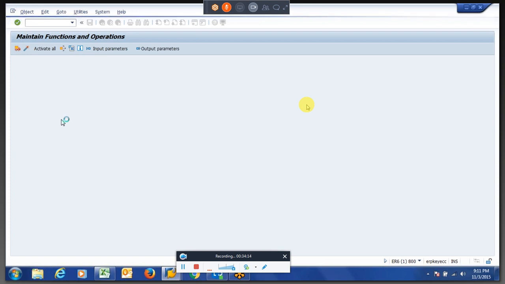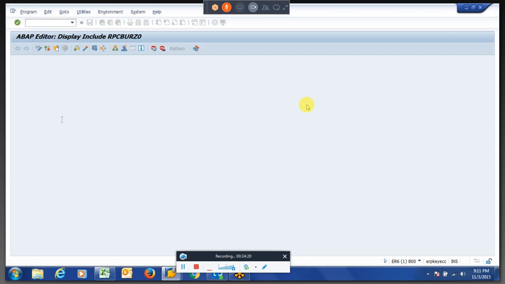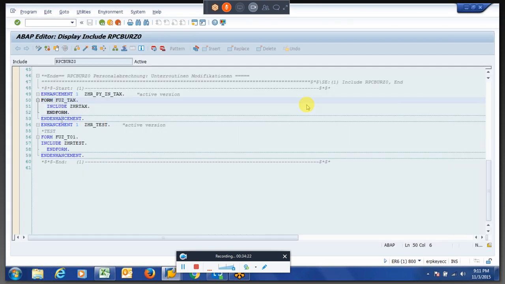You all know what the payroll program is, right? Apart from the transaction, for every transaction there will be a program in the back end. If I go to the cloud, it goes to an include, which will be stored in all payroll drivers.